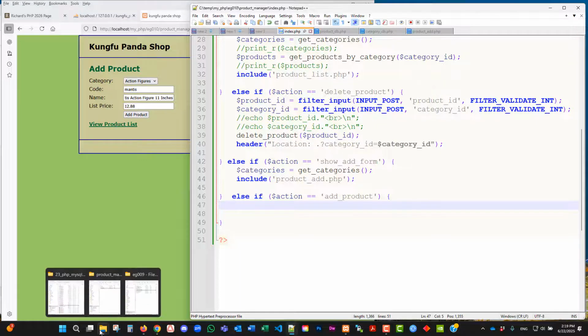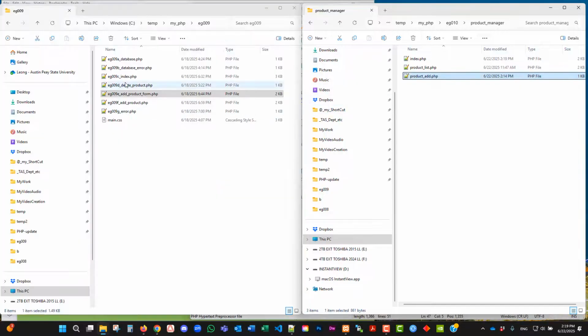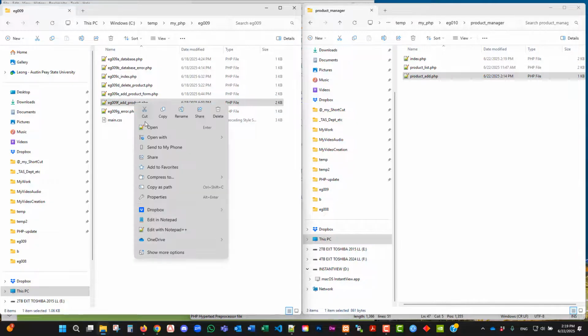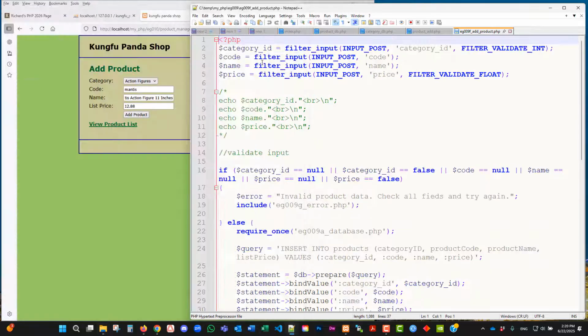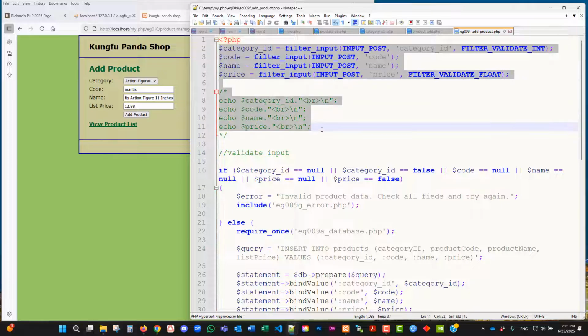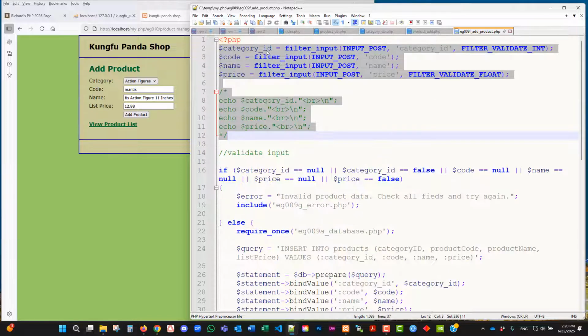in example 9. So if you go to example 9, we have example 9 and example 10. In example 9, we actually have a 9F add product page. So I'm going to open that in Notepad++. We got a couple of fields here, right? We got a category ID, code, name, price, and we echo them. Okay, so we're going to copy this,